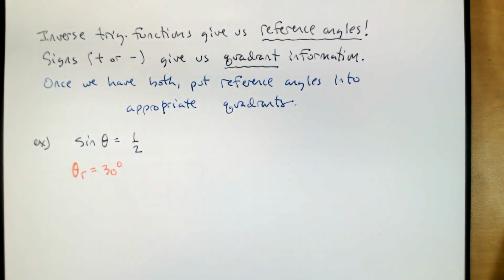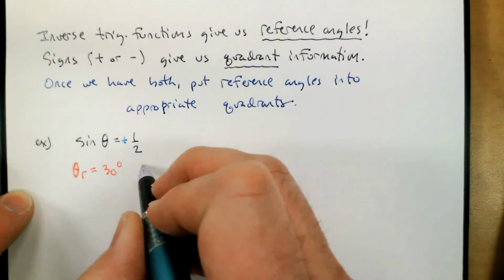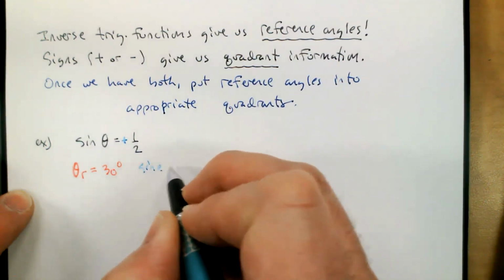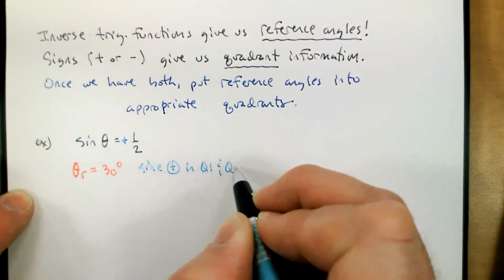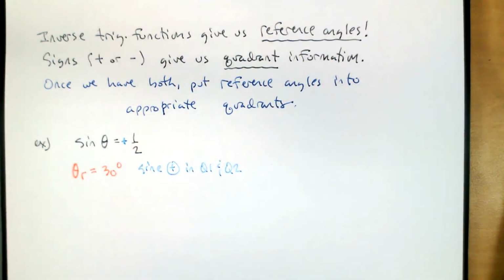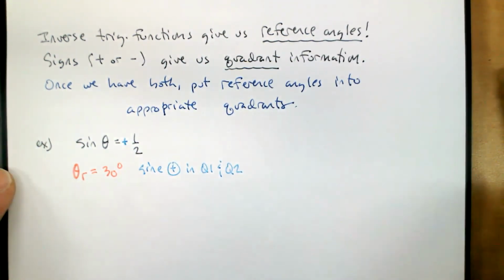The other thing to note is that this sine of theta is +1/2. Since it's +1/2, we think that sine is positive in quadrant 1 and quadrant 2. So I'm going to take that 30-degree reference angle and put it into quadrant 1 and quadrant 2, and those will be my two solutions from 0 to 360. So my theta